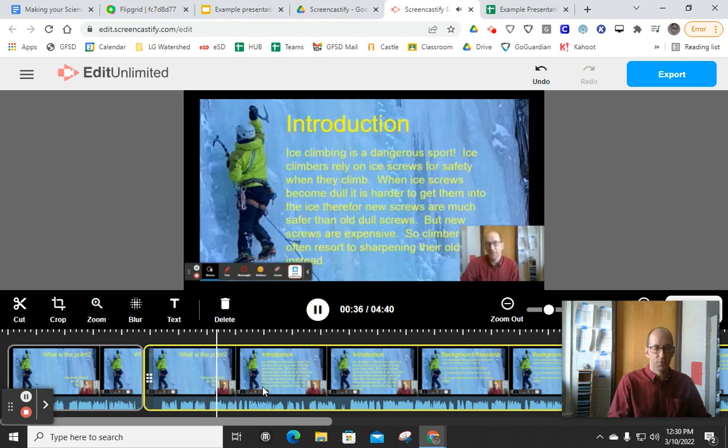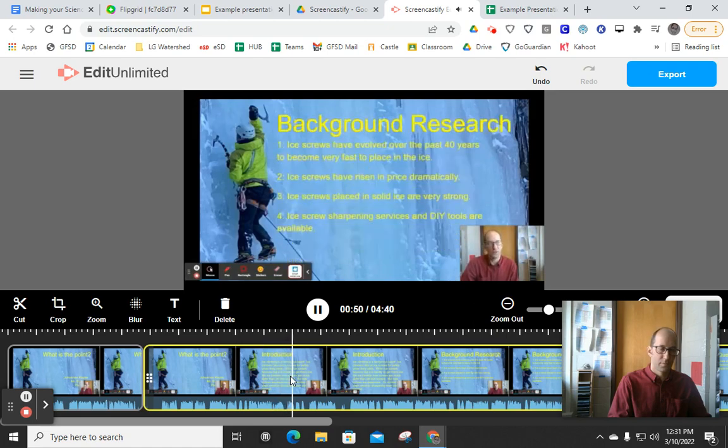As you use ice screws over time, they hit rocks, they get dull, and they can get damaged. So we'll end up sharpening them because they're really expensive. So we try to sharpen them so we can use them over and over again. My question is